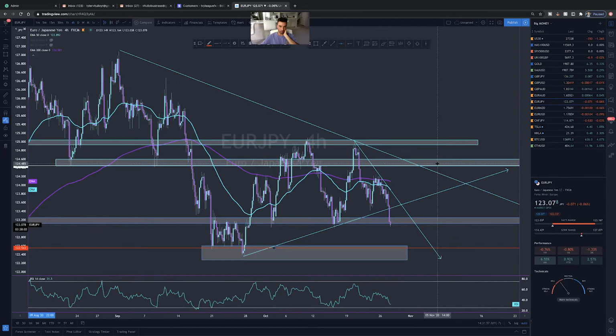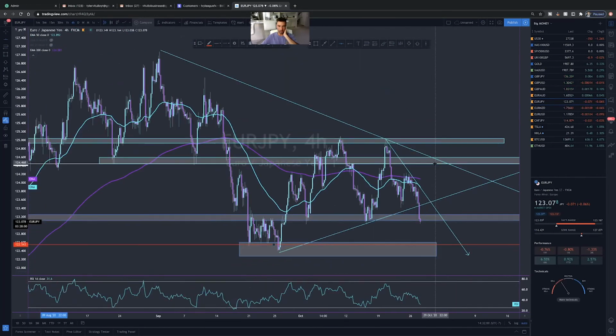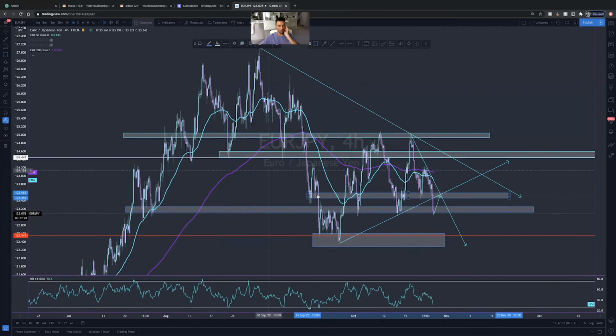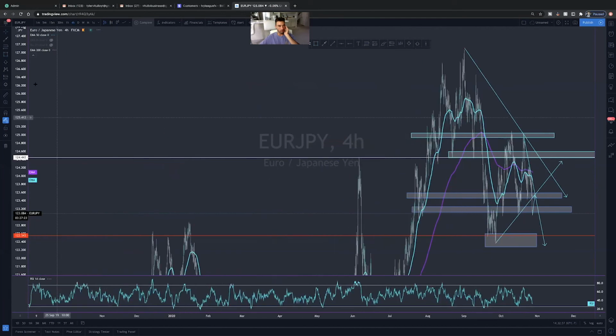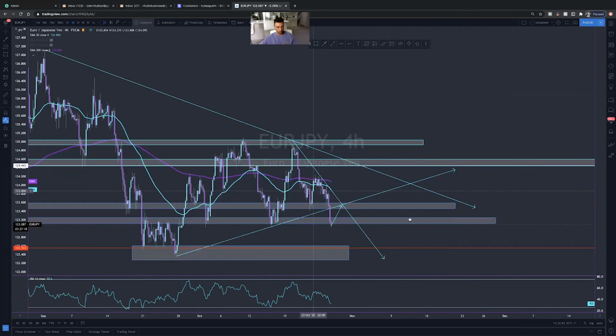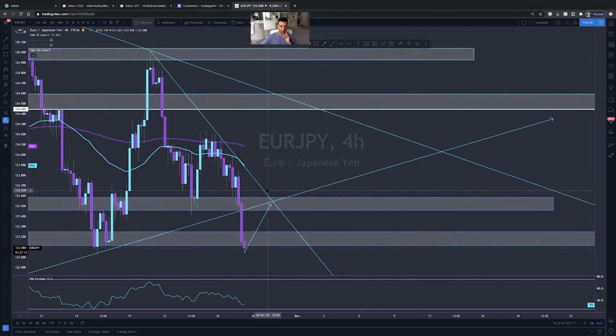Yeah, I would say if we could probably snag a potential reentry. Let's go either on, if it pushes down, right? Let's say it comes back up right now. We can come up to this previous little support here. And I'm grabbing all these wicks, this dip here, and these wicks back here. I can go back and backtest that. It doesn't seem to be too strong, so that is a good retest point. Yeah, okay. So, if you guys would like to snag a reentry on that, I would say